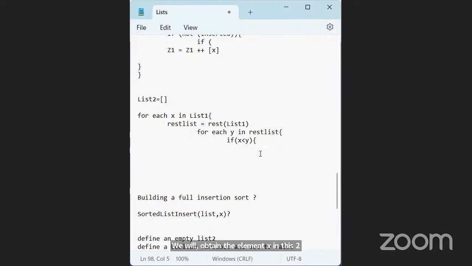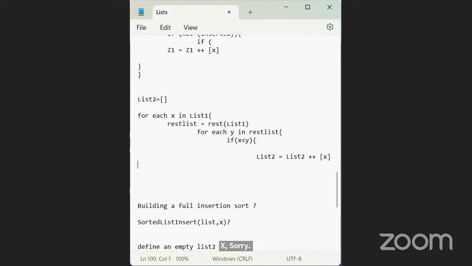Okay, so let's just say list 2 is equal to list 2 plus plus X, right? Next,